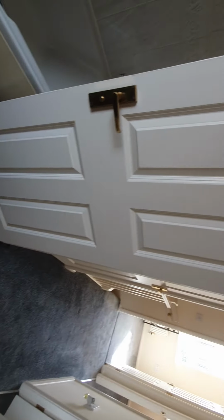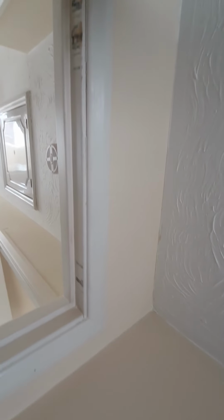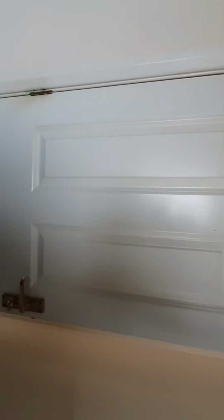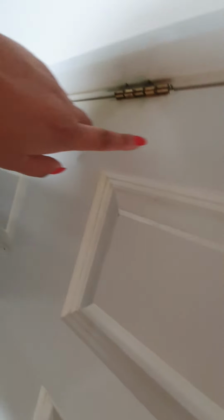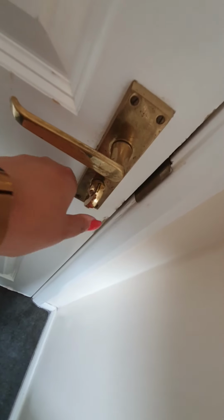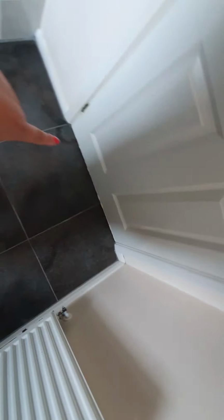Door is clean, white, with no damage, no handprints, no cause for concern. Again, the same has happened to this door frame, paint has peeled. And then behind the door, it is like an off yellow, off white kind of colour. So just in the corners where the hinges are, black marks, so various marks on the inside of this one. And paint's obviously peeled. Lock works fine. And the door's starting to